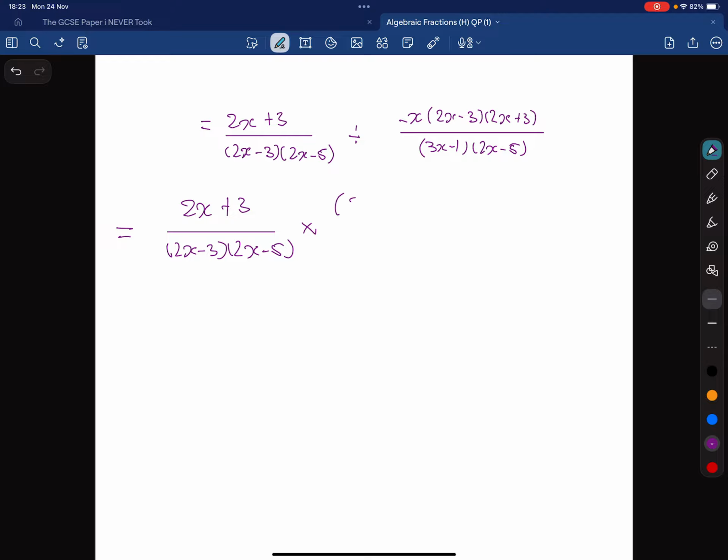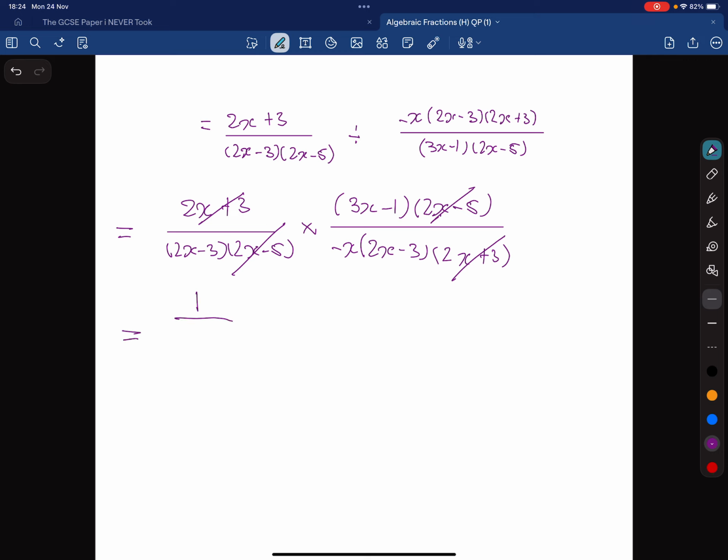We would then have 3x minus 1, 2x minus 5 over minus x, 2x minus 3, 2x plus 3. So what cancels out? You cancel out 2x plus 3, you cancel out. So therefore we have 1 over 2x minus 3